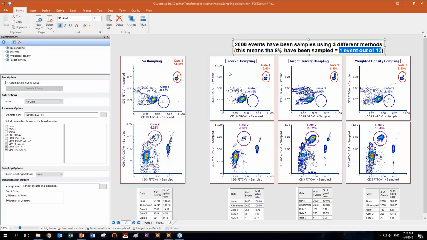So how can I handle this? I can either increase the sample size, so I will use, I don't know, 5,000 instead of 2,000. But again, my transformation will be slower. Or I can use one of the other 2 methods, like the target density or the weighted density. So you may remember that the target density